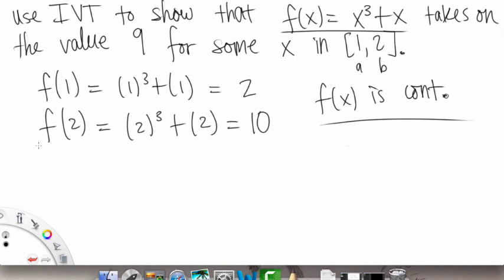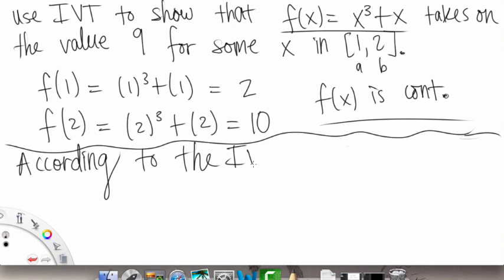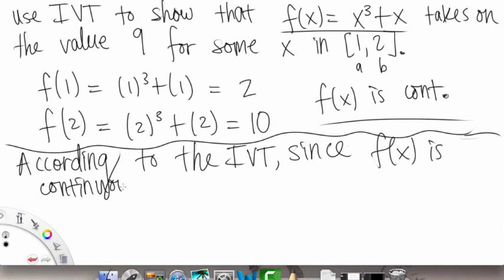So the explanation I find for a lot of intermediate value theorem problems, I find that the ultimate explanation slash conclusion is the longest. But hey, it's worth it, right? And you can get fancy with the wording. I usually say according to or by the intermediate value theorem, since f of x is continuous, and you might think that these beginning conditions or initial assumptions